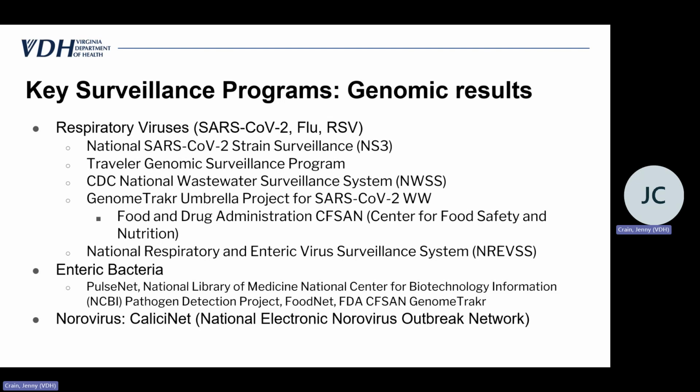In addition, norovirus, another enteric pathogen, there's another surveillance system called CaliciNet. And so, if you've heard about norovirus G2 or a specific genotype of norovirus when doing an epi investigation, that is already based on genomic results. And so it's wonderful how CaliciNet is integrated with NORS, the National Outbreak Reporting System that epidemiologists use. And so those two systems speak to each other. And, again, these are systems that already use genomic results that have been around for a while.